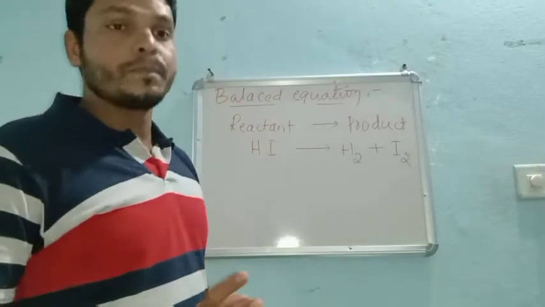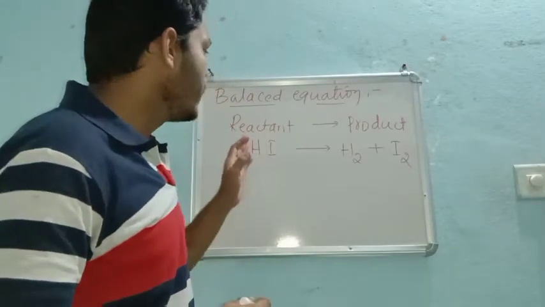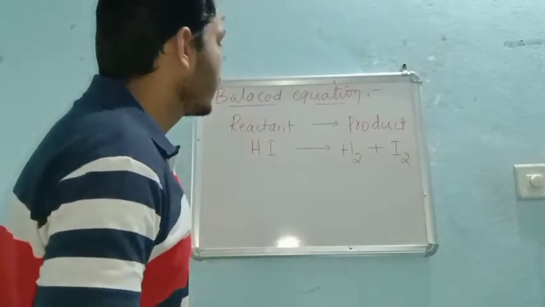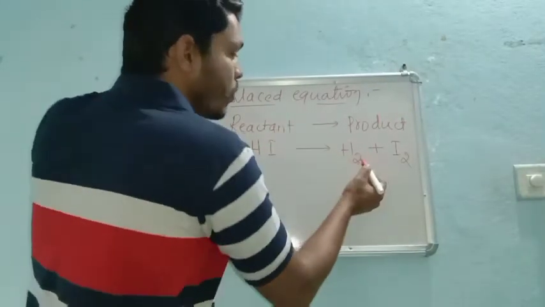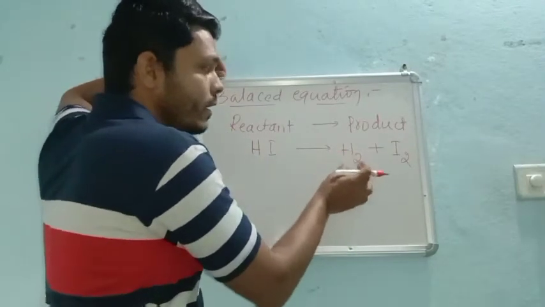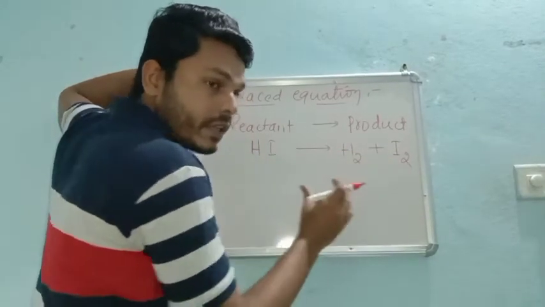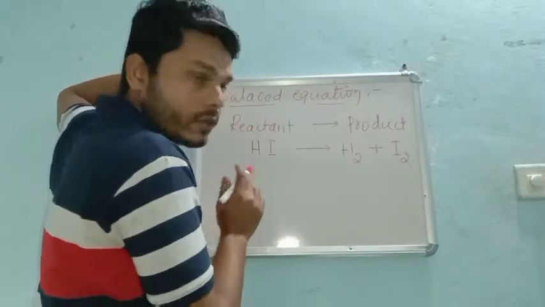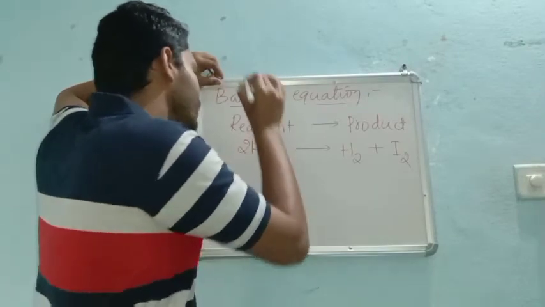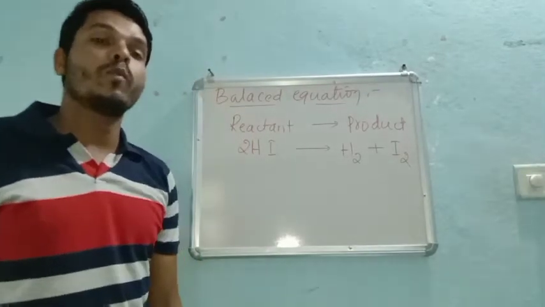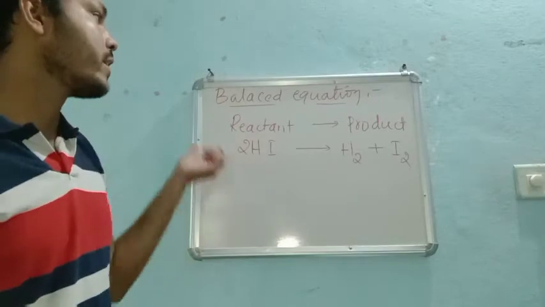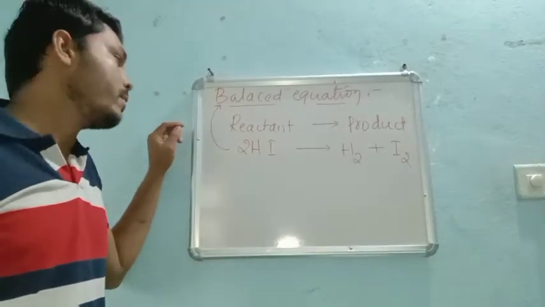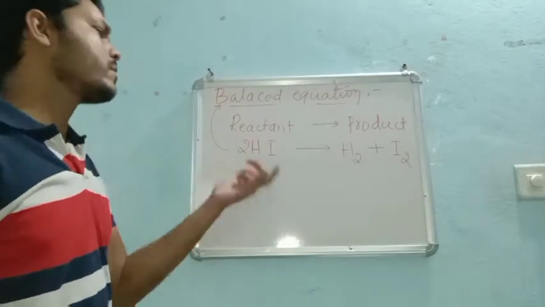So that means what I need to do is balance these two. Both of these are present in the same ratio, here 2, and here only 1. So if I write 2 moles, then definitely now our reaction is what? A balanced equation. Our reaction is balanced now. So this is nothing but the balanced equation.